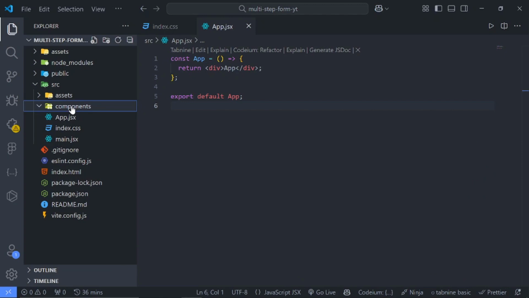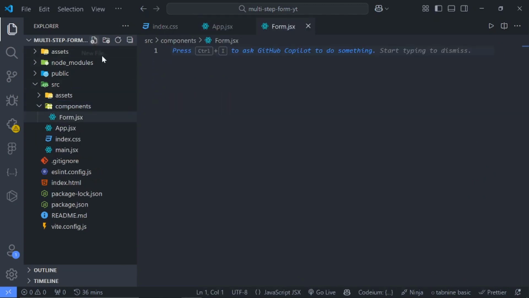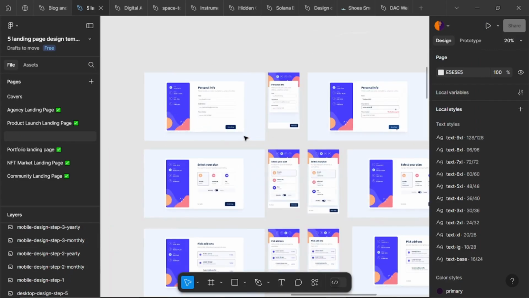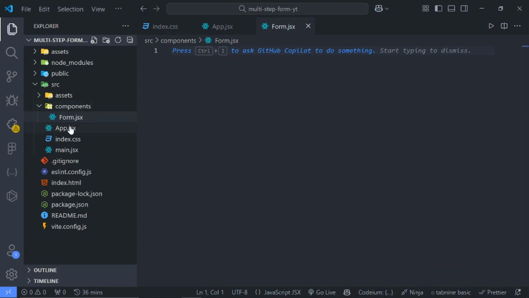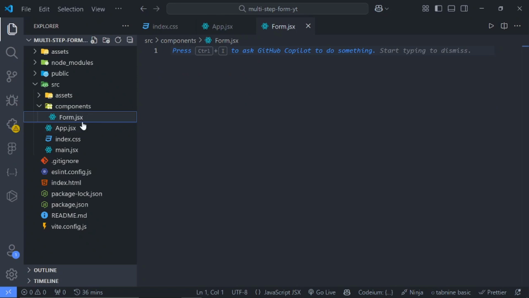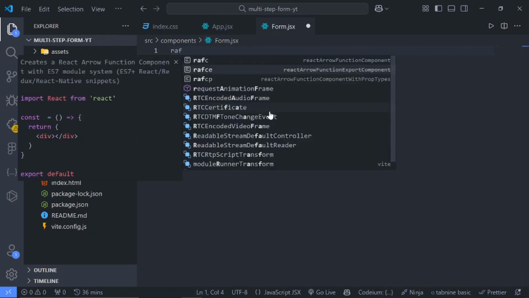Inside this components folder, I'm going to create a Form.jsx, and basically this form is going to hold all these components that we'll be building, because I don't want to structure them individually in the App directory. I just want the form to be here, then we can do all the heavy lifting inside this form component. So I'll say rfce as well,